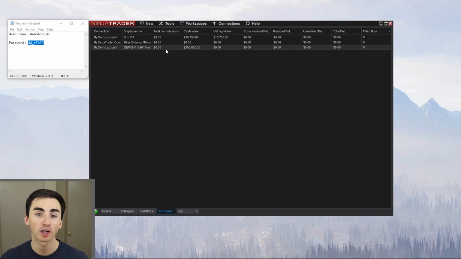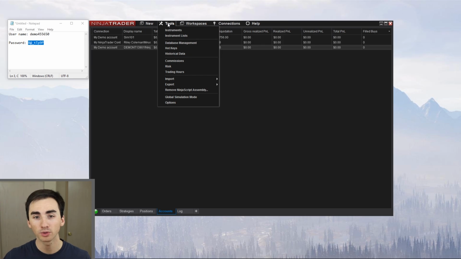Now, futures are not quite like stocks, right? Futures have expiration dates. And so you need to be changing the symbol that you're trading every quarter or every 3 months. You can't just leave the symbol in there. Like on TOS, you can just do \ES and it will change it for you. But on NinjaTrader, you need to update it every 3 months. So either that is on the chart, you can put in the correct ticker symbol, or under tools here, if we go to